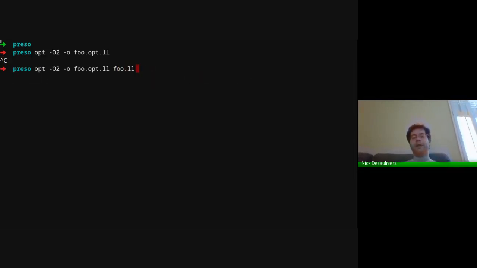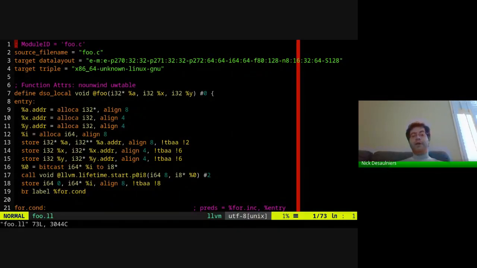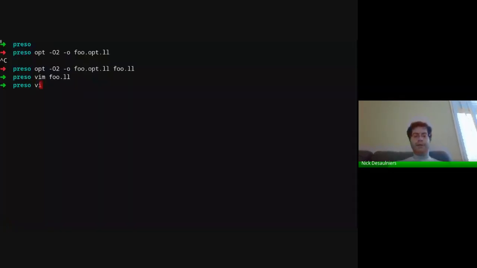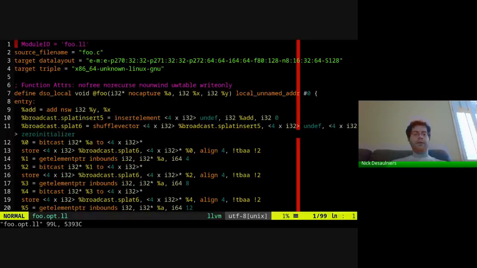So we're going to take the output from Clang. Forget the loop invariant code motion thing for a second. Let's just see, what does the ultimate optimized IR look like for this? So that's not right. We want foo dot, and sorry, we want to emit that as human readable, not the binary format. So we use -S. Then we can open it up. Okay, so